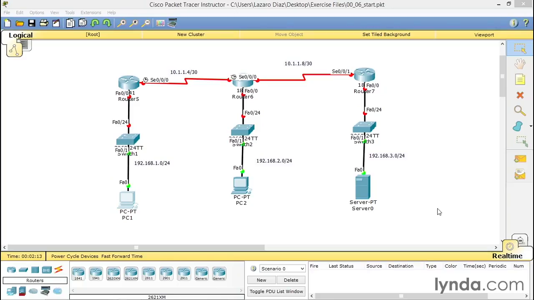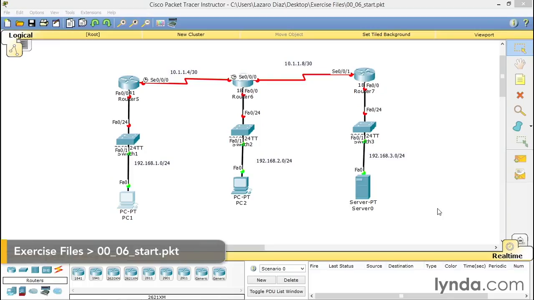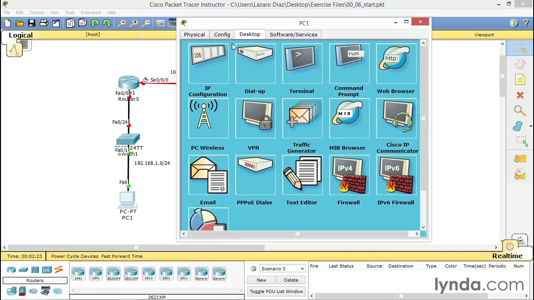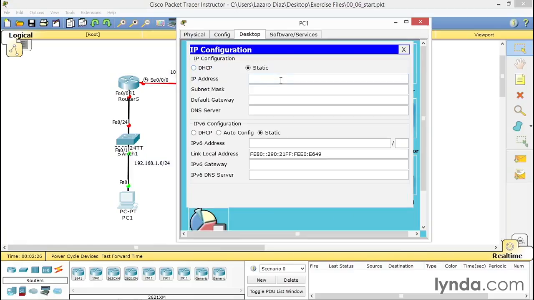All right, now that we have our infrastructure in front of us, it's time to put in the IP addresses. No IPs, no connectivity. So let's start with PC1. Let's go ahead and put the IP address for that one. We go to the desktop tab under IP configuration,